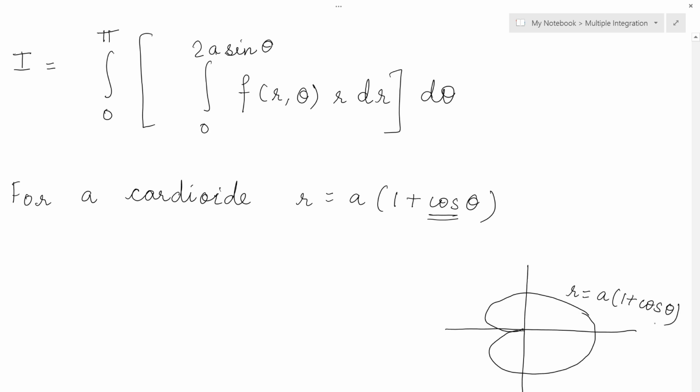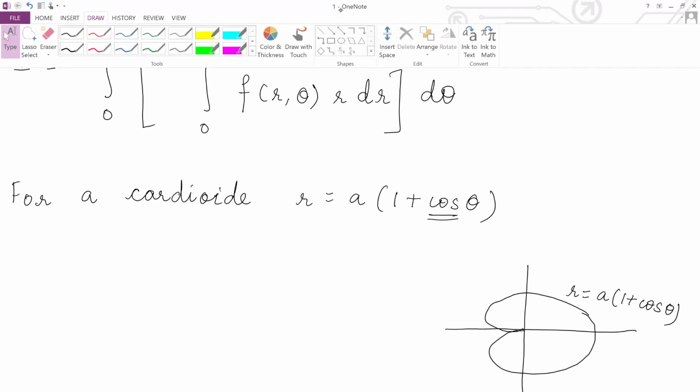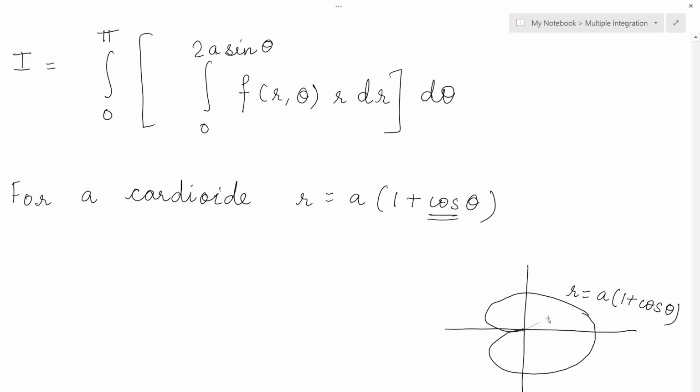So now my radial strip. Pay attention now. Use a bit of logic. Radial strip will start from the center, right? And it will travel in anti-clockwise direction. How will be the direction? It will start from here, go here, go here, go here, and again it will stop here. So this will be anti-clockwise direction. So clearly in the center, the limits are what? 0. And the radial strip, wherever it is touching, that will be a cardioid. Cardioid equation is a into 1 plus cos theta. So my inner limits will be 0 to a into 1 plus cos theta.